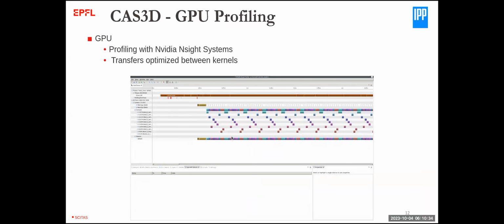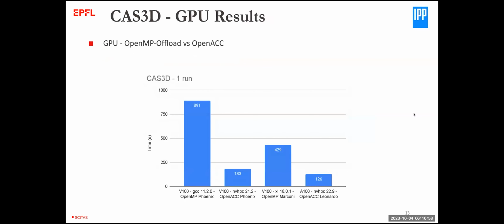So once we've done that, this is the profiling results for the CAS3D code. So you can see this line is where the memory copies happen. Everything was managed. We managed to port basically everything to GPU. All of this is things on the GPU, and then there's very, very little memory copies. So this was obviously a good candidate for GPUs. And these are the results that we saw,